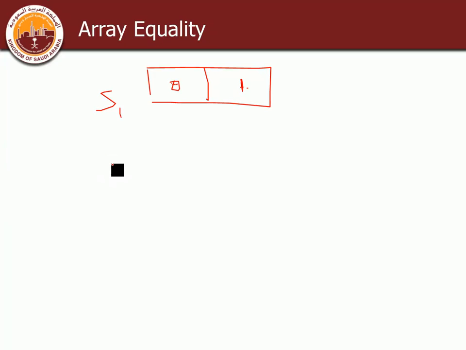And then I had another S2. If I put S2 equal to S1, I'm just adding another S2 that points to the same place, the same array. So if I'm asking, is S1 equals S2? Yes, because these are the same. But when I use clone,